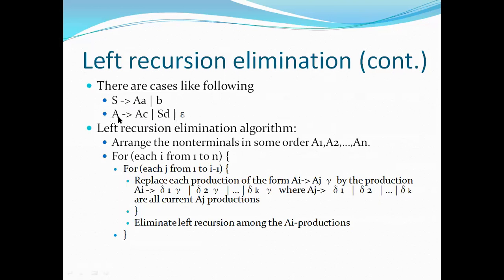Why? Because we are using LHS, the symbol A is equal to the LHS, so that is we are using the left recursive grammar. So the given grammar is a left recursive grammar. So how to eliminate this left recursion? So we are using some algorithm. So what is the algorithm?